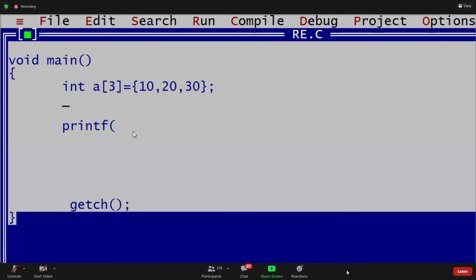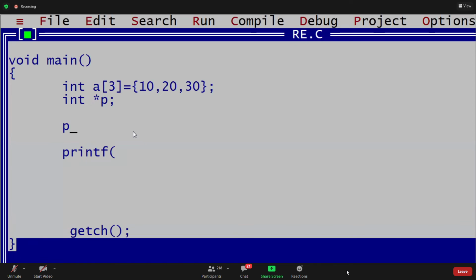Now pointer also I will take, guys. With pointer also I will take star p. What is p, guys? P is pointing to the element address of A. We can write p equals to address of A, or p equals to address of A of 0, the first element address. We can write p equals to A plus 0. These all are the same, guys.